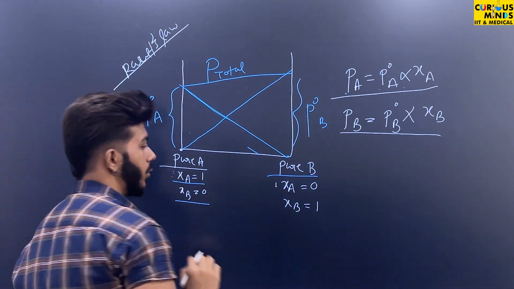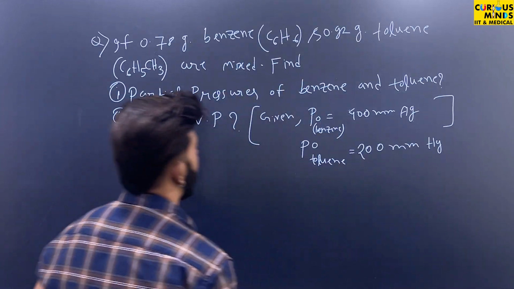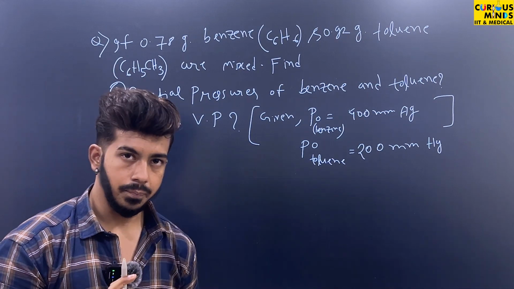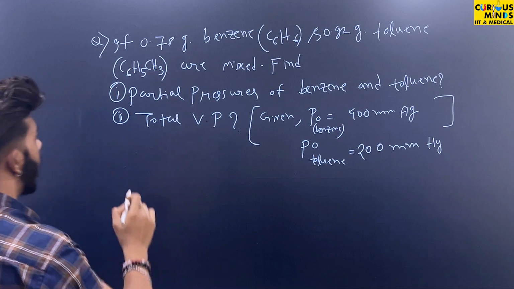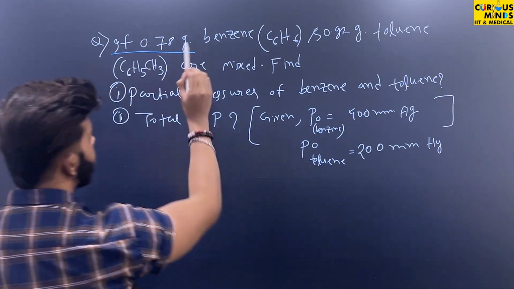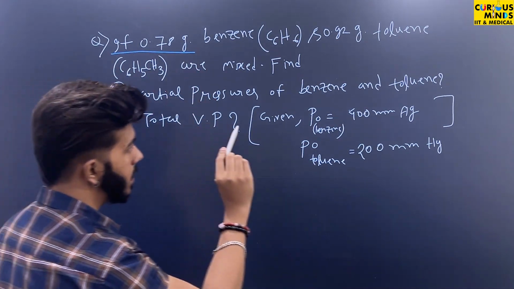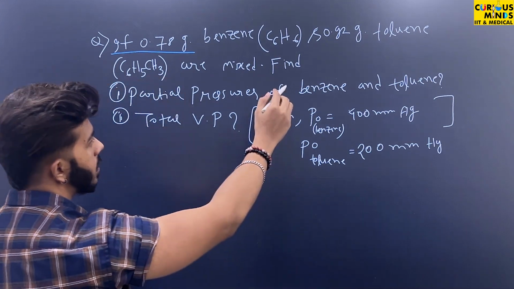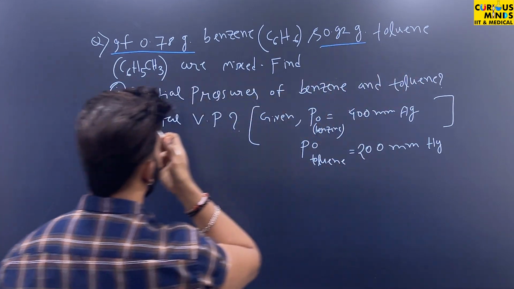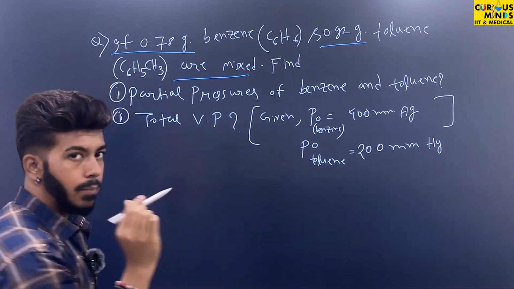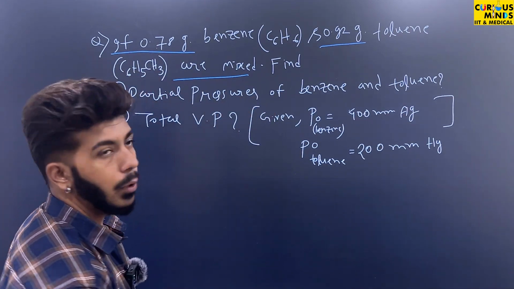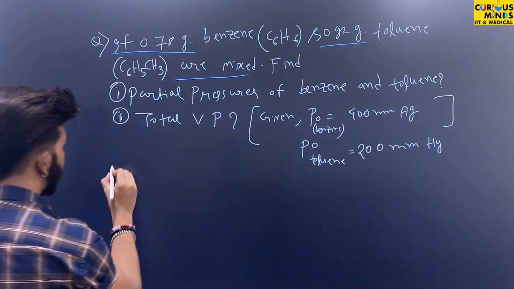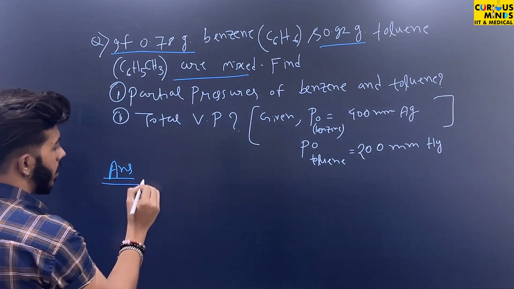Straight line की तरह ग्राफ होते हैं ये। Okay, now based on this we have a question. Till now whatever we have learned, based on this we have a question. The question says, if 0.78 gram benzene and 0.92 gram toluene are mixed, एक बेंजीन एक टोलुइन, बेंजीन का है 0.78 ग्राम, टोलुइन का है 0.92 ग्राम, ठीक है।